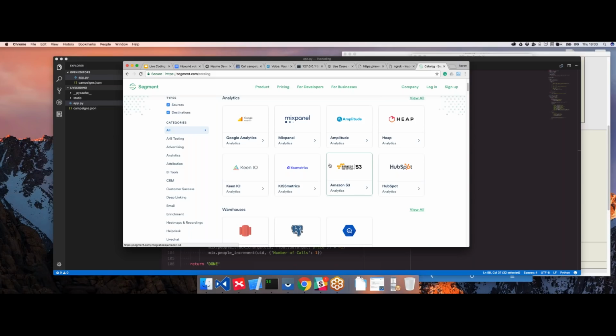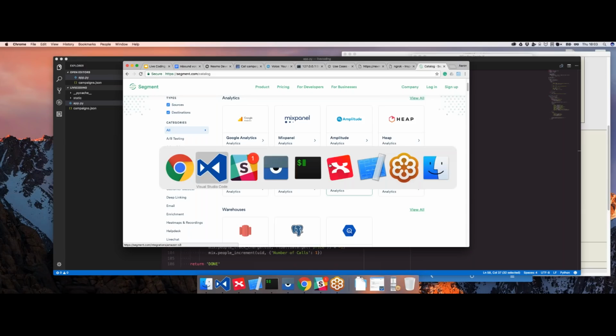You know, really, as long as you've got some way of getting data into your business intelligence tools or into your analytics tools, then you can use this same kind of setup, the same way of tracking calls, to load that data into them as well. So I have, just finishing up,